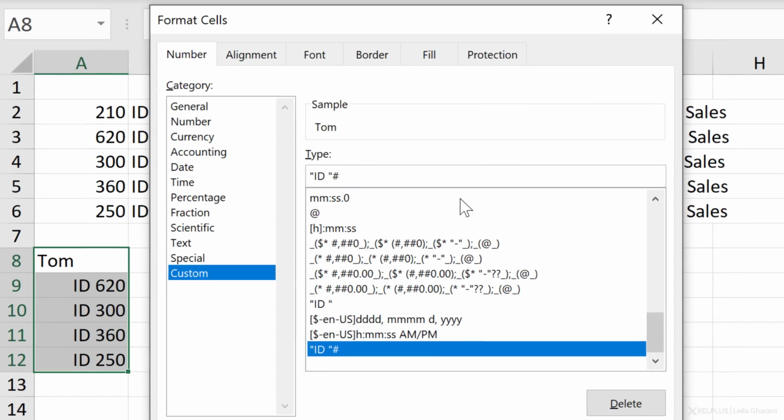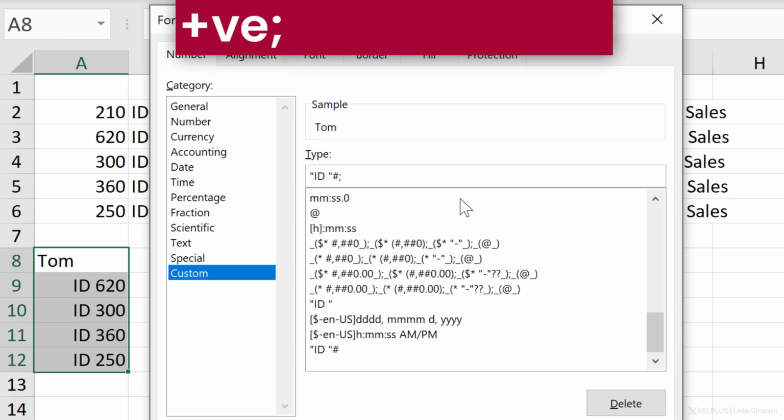And then here you can define the type of formatting you want for text, because if you're familiar with the custom formatting dialog box, you know that you can control 4 conditions. The first one is how positive numbers are formatted. The next one between the semicolons is how negative numbers should be formatted. So in this case, let's assume I have no negative numbers. So I'm just going to be hiding them this way.